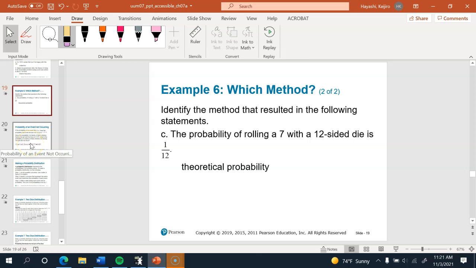Usually the one that requires the most thinking is the theoretical probability, because with experimental probabilities there is usually just some data that you have to count up, or just two numbers that you put one over the other. Whereas with theoretical probabilities, you have to actually think about what the possible outcomes are, and which one of those outcomes you actually want to happen. So theoretical probabilities usually take the most thought.